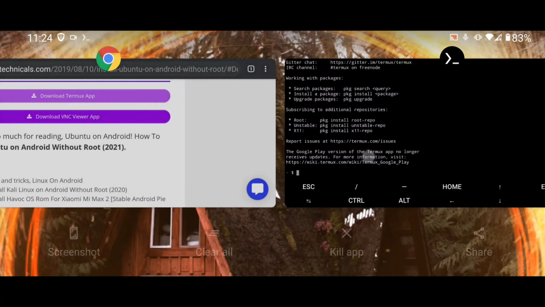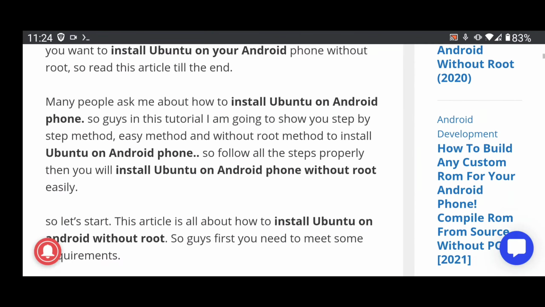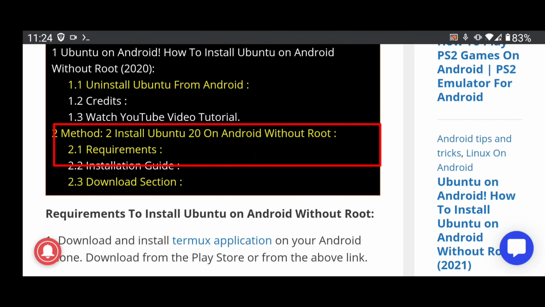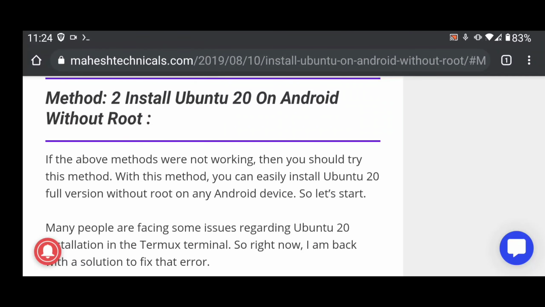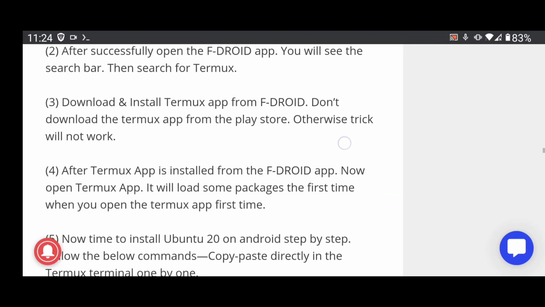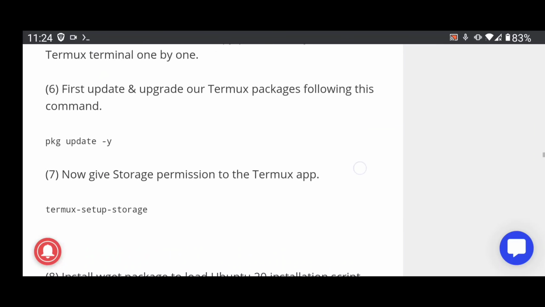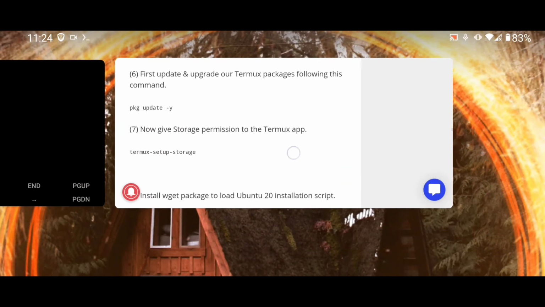Now go again to my article, scroll up and you will get method 2 here. Click on that and here you will get all requirement files and requirement commands. Go to the installation section and you will get this command here. Just copy that command.